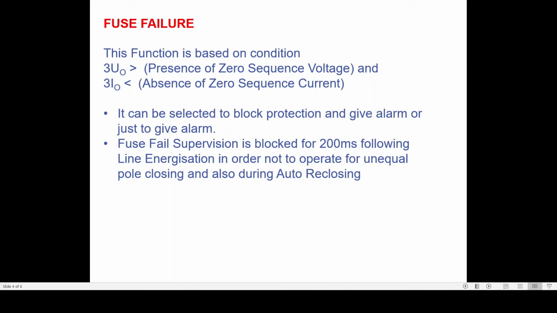In that case, definitely there is an unbalanced voltage and the zero sequence voltage will be developed. But since your line is energized, there is no change in current, and the zero sequence current magnitude will be ideally zero, but practically it will be of very low magnitude depending upon the unbalanced currents. So now your relay will see that there is a presence of a high zero sequence voltage, but the zero sequence current magnitude is absent. So it immediately detects that it is not a fault condition and it will block its protection.